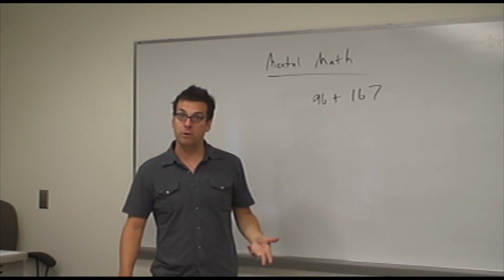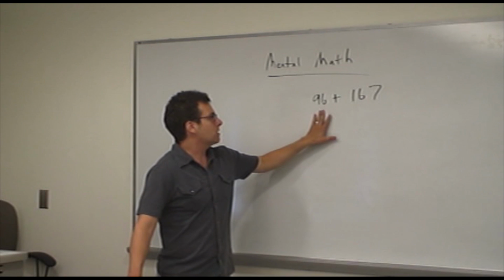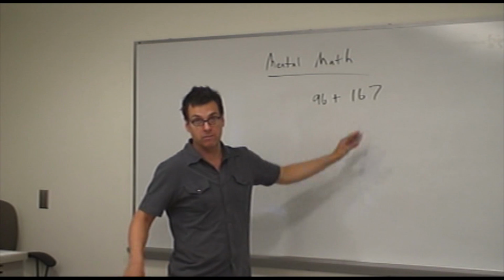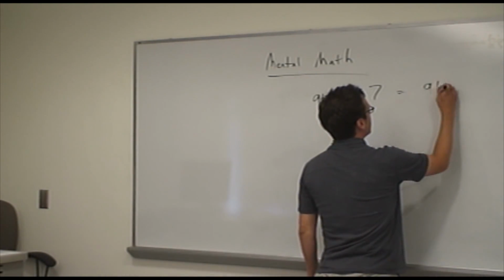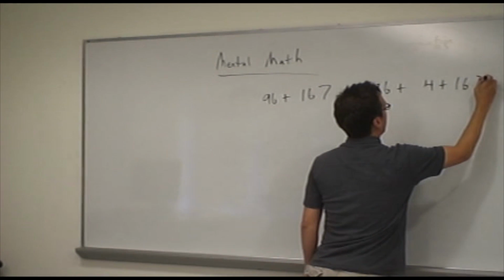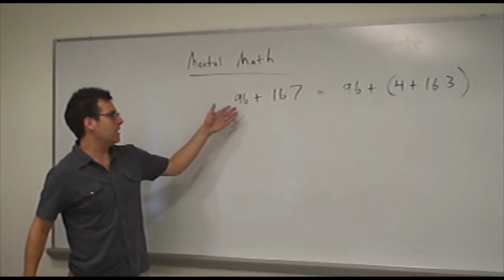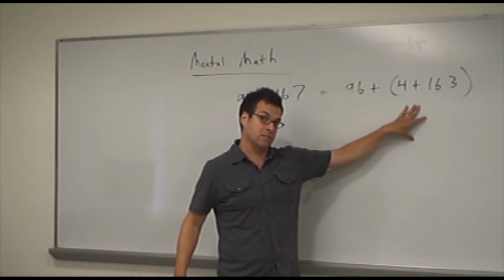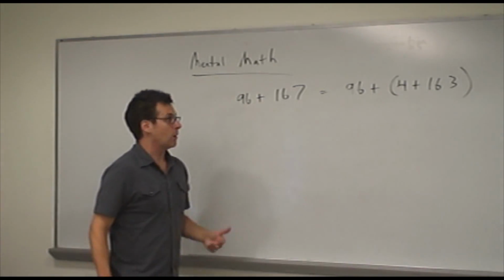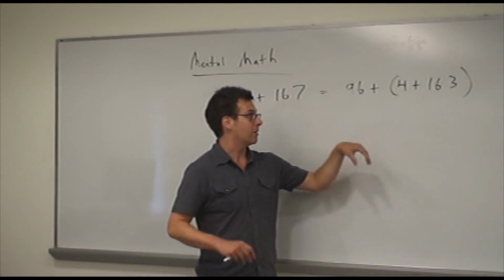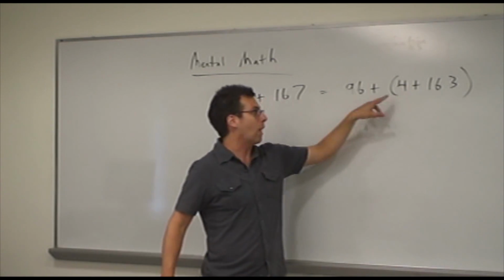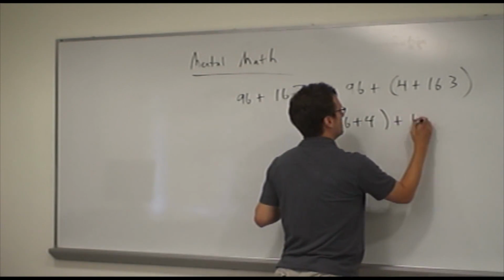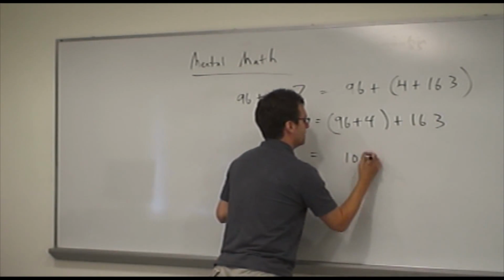Well, the associative property of addition can help us here. If we think to ourselves that 96 needs 4 to become 100, it can get that 4 from the 167. So if we think of the 167 as 4 plus 163, the problem as written, 96 plus 167, is equivalent to 96 plus 4 plus 163. The associative property of addition tells us, however, that we can group whichever two numbers we like together. And instead of grouping the 4 with the 163, why don't we just group the 4 with the 96? That is going to create a much easier problem to solve mentally, because of course 96 plus 4 is